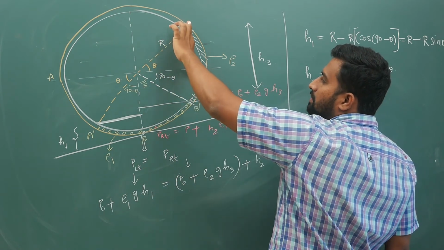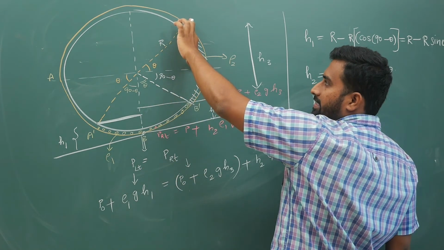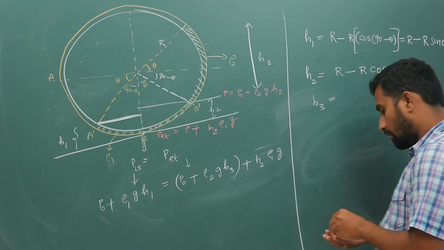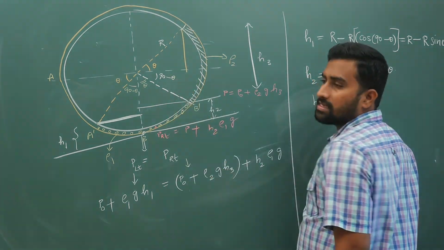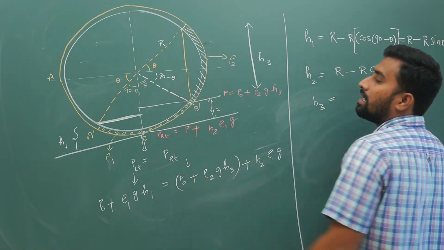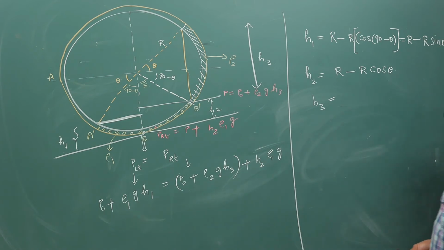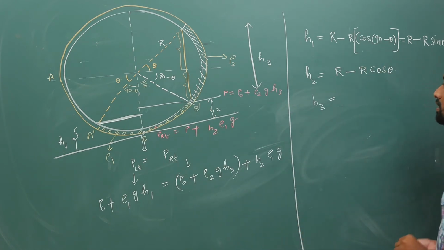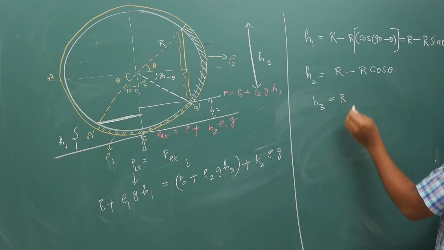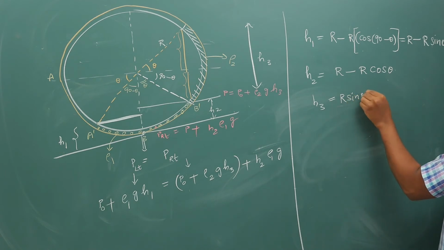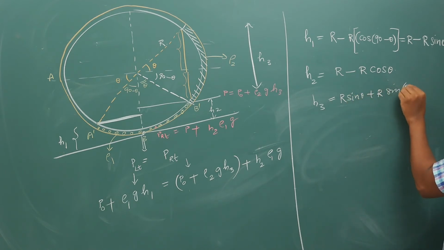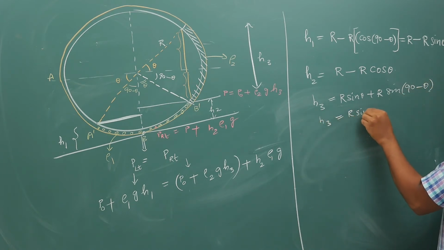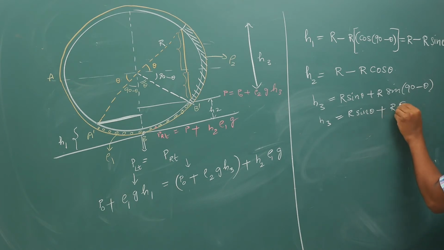upper part's height, this part is r sin theta, this part is r sin(90 minus theta). Look at this line: it is r sin theta, and this line is r sin(90 minus theta). Top part is on the opposite side, r sin theta; this part is also on the opposite side, so r sin(90 minus theta). So it is r sin theta plus r sin(90 minus theta). So that will give you H3 is equal to r sin theta plus r times sin(90 minus theta),